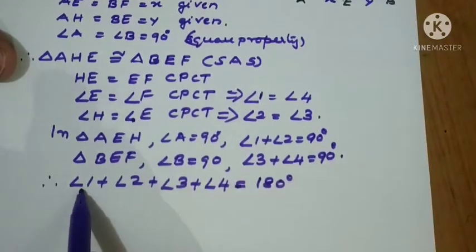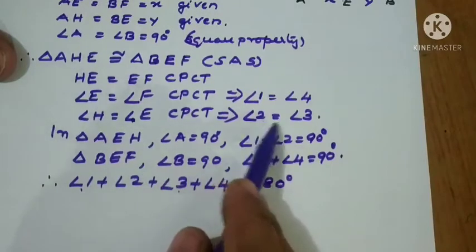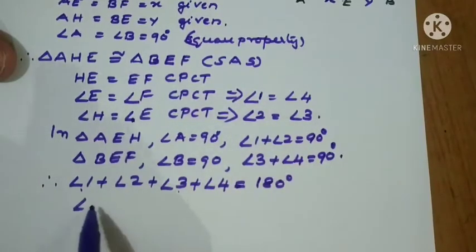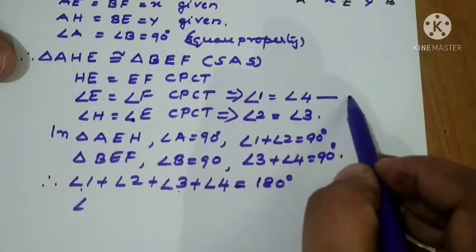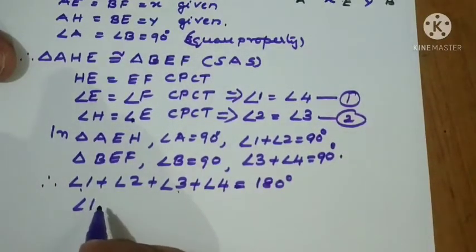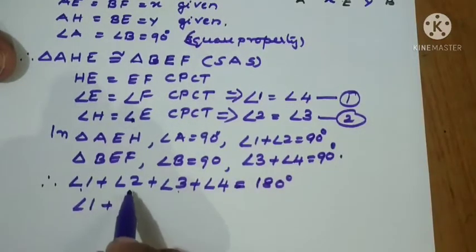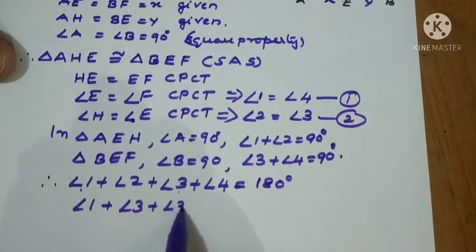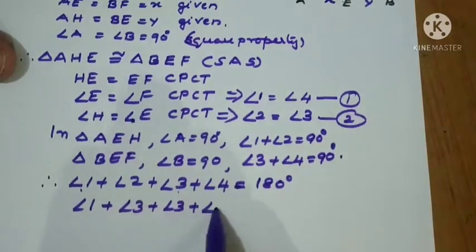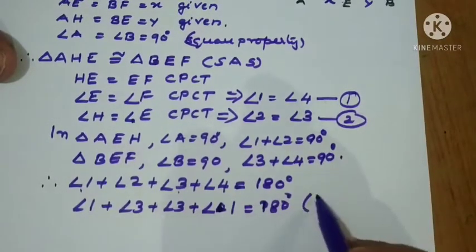We want in terms of 1 and 3 only, right? So 1 we can keep, 2 in terms of 3 we can write, because I have not marked any equations, so let us mark this as 1 and 2 only. Angle 1 we want, I already showed the diagram and showed that 1 and 3 only we need to keep. So instead of angle 2 we can write angle 3. Angle 3 we want, and instead of angle 4, we can write angle 1 only. So it is equal to 180 degrees using 1 and 2.